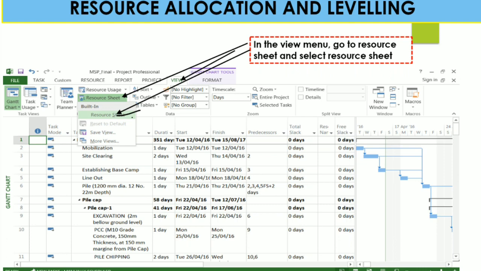This resource allocation menu and resource leveling ensure your staff are not over allocated, where there is limited resource availability. Nobody is permanently onboarded on a project. Some are on retainership, some on a contract basis, some on a daily basis. This kind of thing has to be mentioned in our resource sheet, so you can maintain your project based on your requirement.